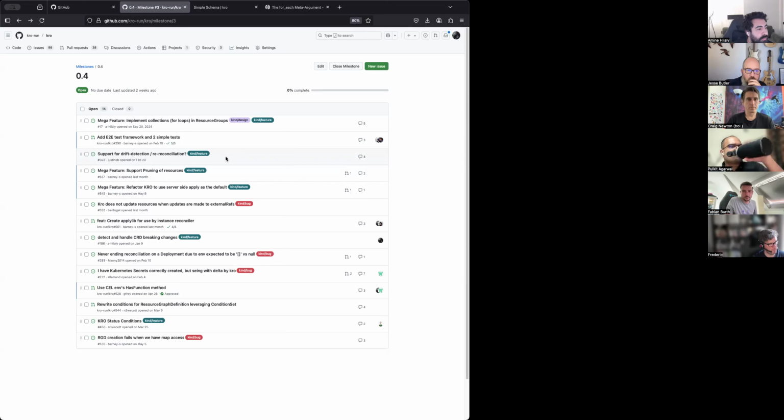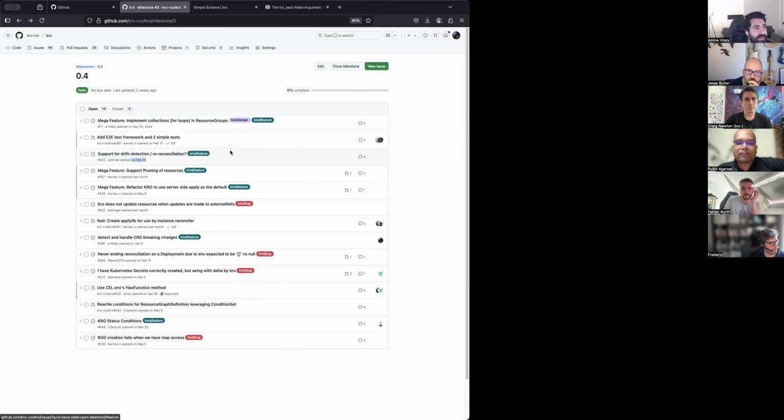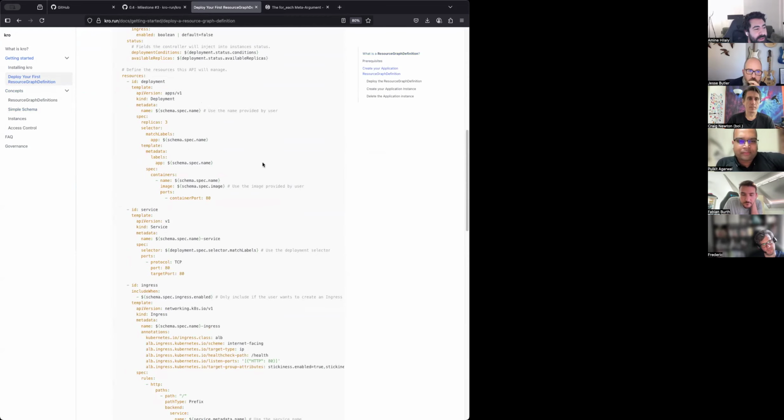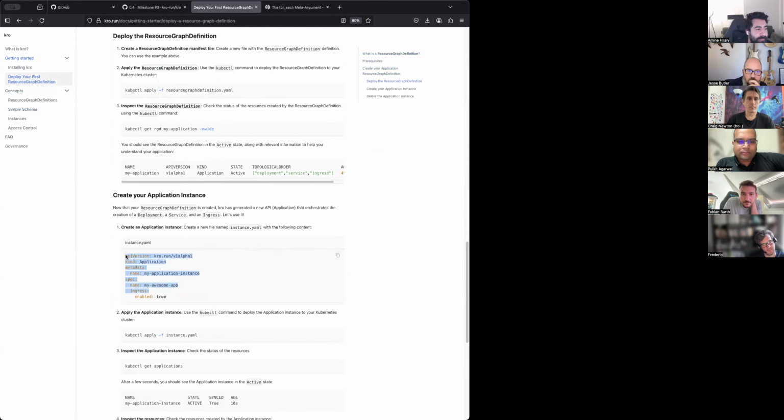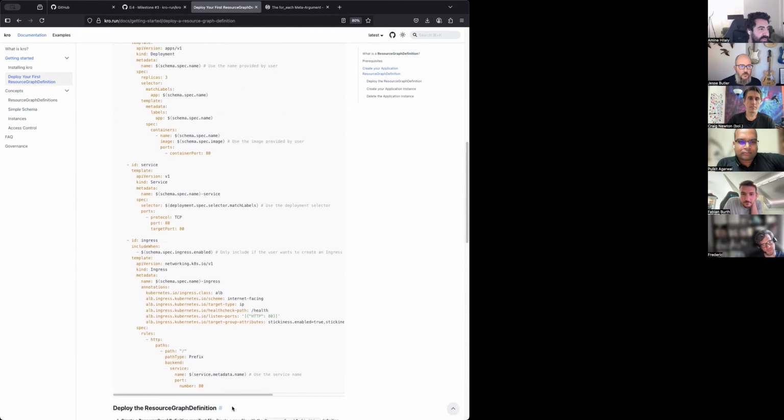I'll just go through the most important ones. This one, I think, to me is probably the most important feature since cross creation. It is drift detection. Basically, when you deploy Crow and create an instance, say an application, it's going to create the pod, the service, and ingress. But nothing will happen if you go and modify the service. I mean, it will eventually happen, until the reconciliation hits again.